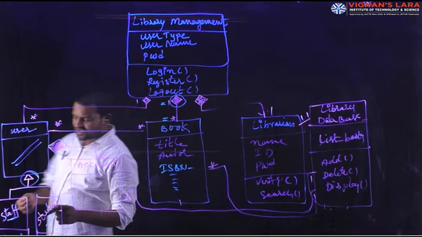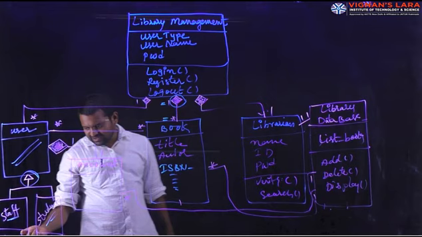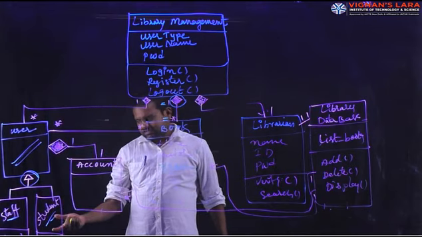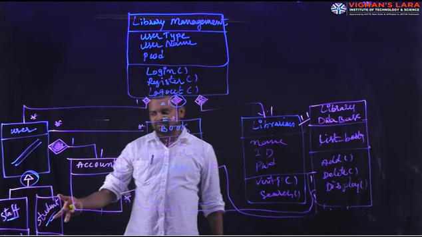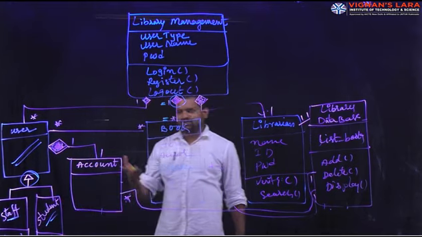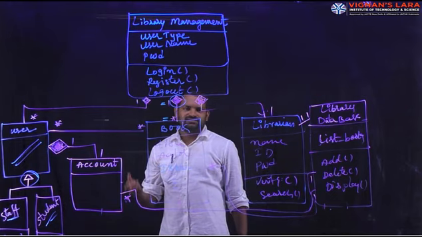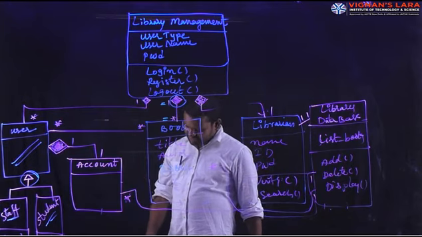So staff can have a department. Student can have a department and a class. Likewise, you have to write this same information here. And everyone has an account of a book. Every student or every staff member has an account of a particular book.